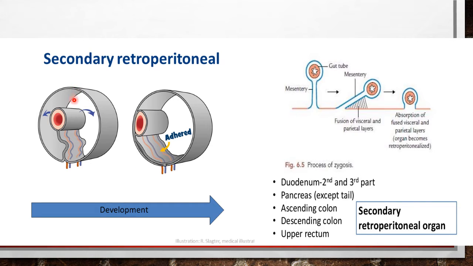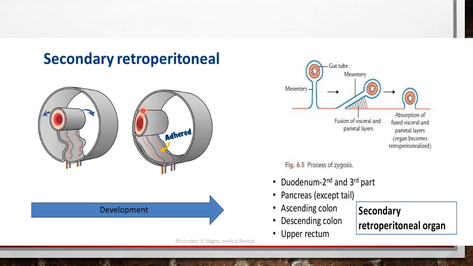So now this duodenum is going to become a secondarily retroperitoneal structure. Initially it is enveloped in the double fold of the peritoneum and it is intraperitoneal, but with growth and the rotation of the gut, which makes it a C-shaped loop, it is going to adhere to the posterior abdominal wall. So it is just wrapped in front, on the anterior aspect, with the peritoneum.